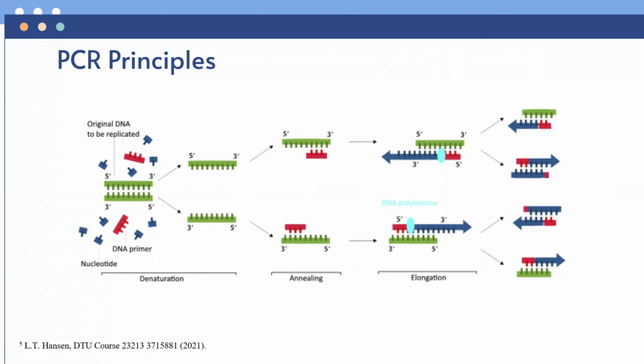The next step is annealing. Annealing is the cooling step of the reaction, so the primer can bind to its complementary sequence of the single-stranded template of DNA. And the last part is extension. This part aims to raise the reaction temperature so the Taq polymerase extends the primer and synthesizes a new strand of DNA.